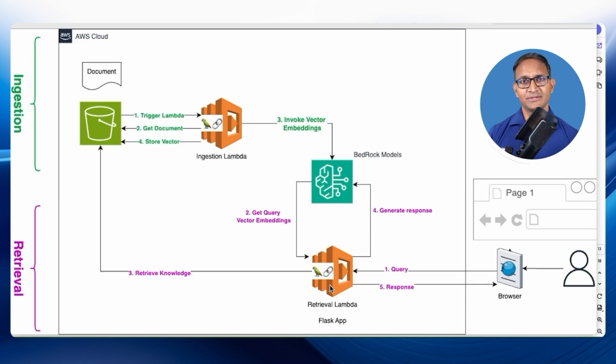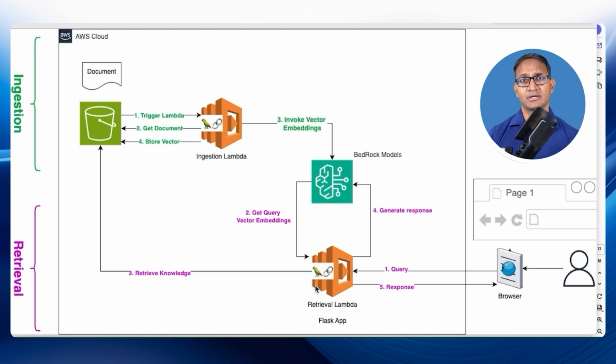For example, here we have built a Flask application that exposes a retrieval API that can be consumed by the web applications, and the user can ask questions using those web applications. So essentially, when a user asks a query, it gets first embedded using the Amazon Bedrock embedding models. Once those embeddings are received, they can be further used for retrieving the knowledge from the S3 where we have stored our vectors. So basically, we take the help of the LanceDB to make a vector similarity search, and once